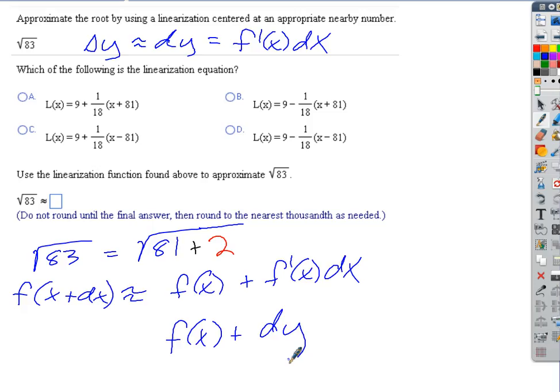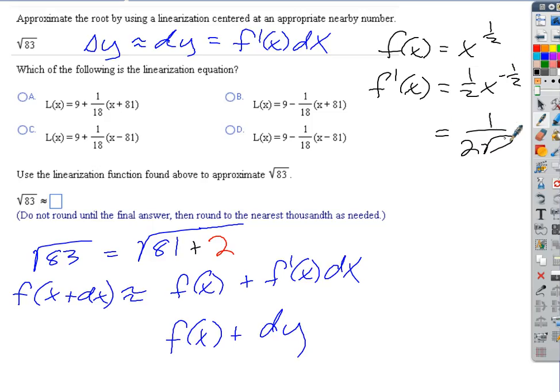So for our problem, we know that x is 81, and what's dx? How far have we scooted away from our convenient value? 2, positive 2. Right? So we're going to get f of x is the square root of 81 plus f prime of x, that's going to be 1 over 2 times the square root of x is 81